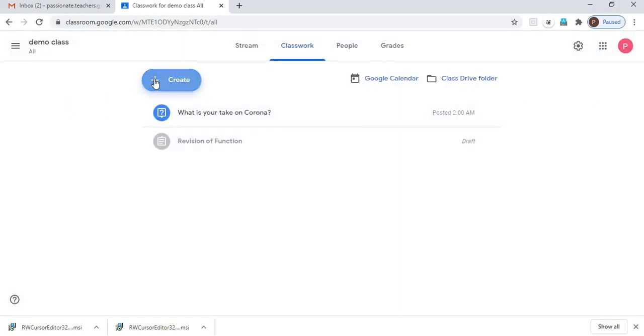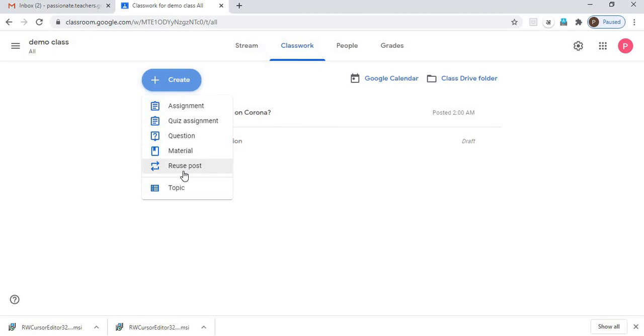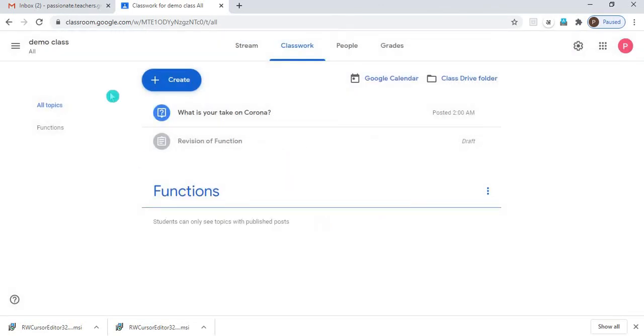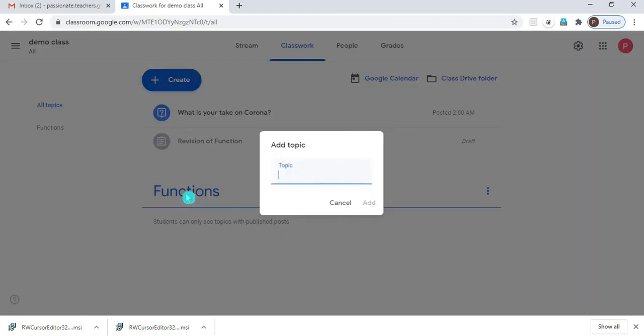Now what is left? Reuse post is for when I have already used a post in one class, maybe, so I can always use it in some other class. That's why we use this reuse post. Now, how to create a topic, which has been coming again and again. So let's say I have different topics, functions, and as per my chapters, I am creating the topics. So I can say create, and then I'm saying topic